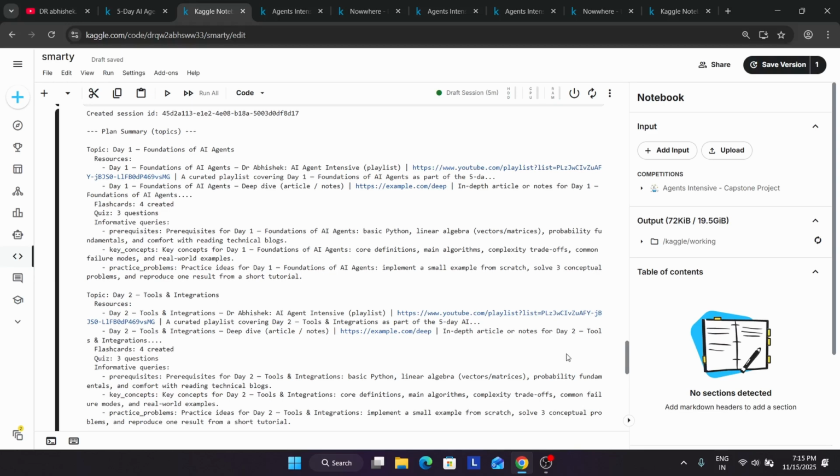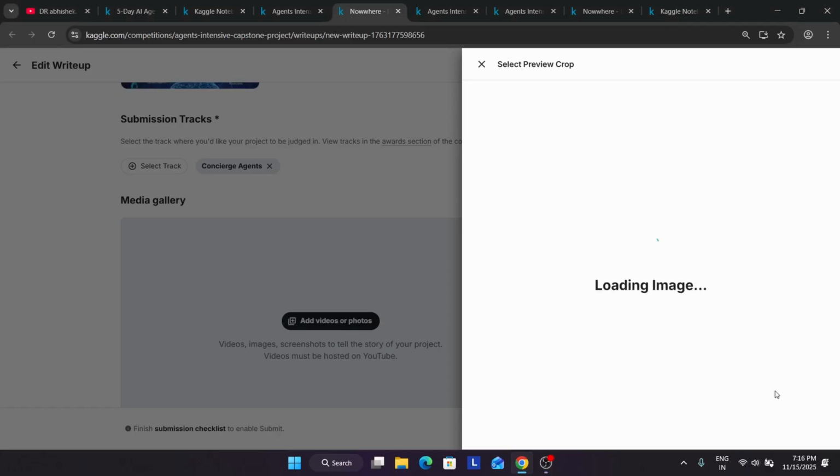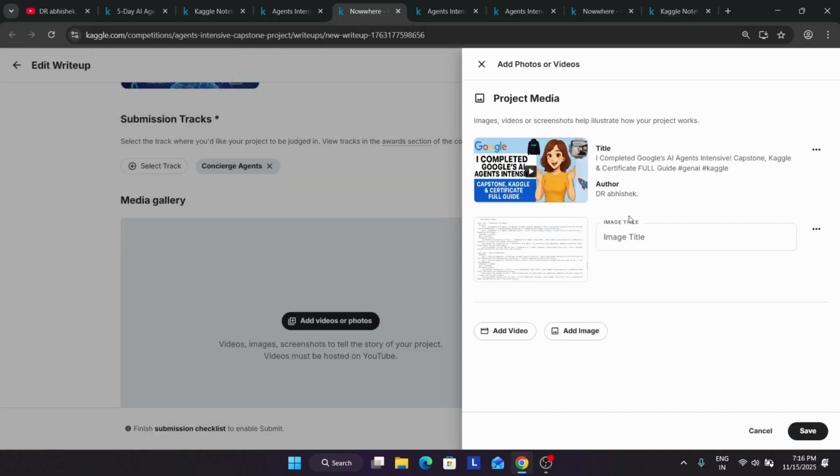Let me show you, you have to take the screenshot of this part to this part. I'm taking the screenshot. After taking the screenshot, what I did here, I clicked on upload image and selected it. Once you have uploaded, you have to click on save. Now here the YouTube URL and the image are here. So here you can mention the output image.